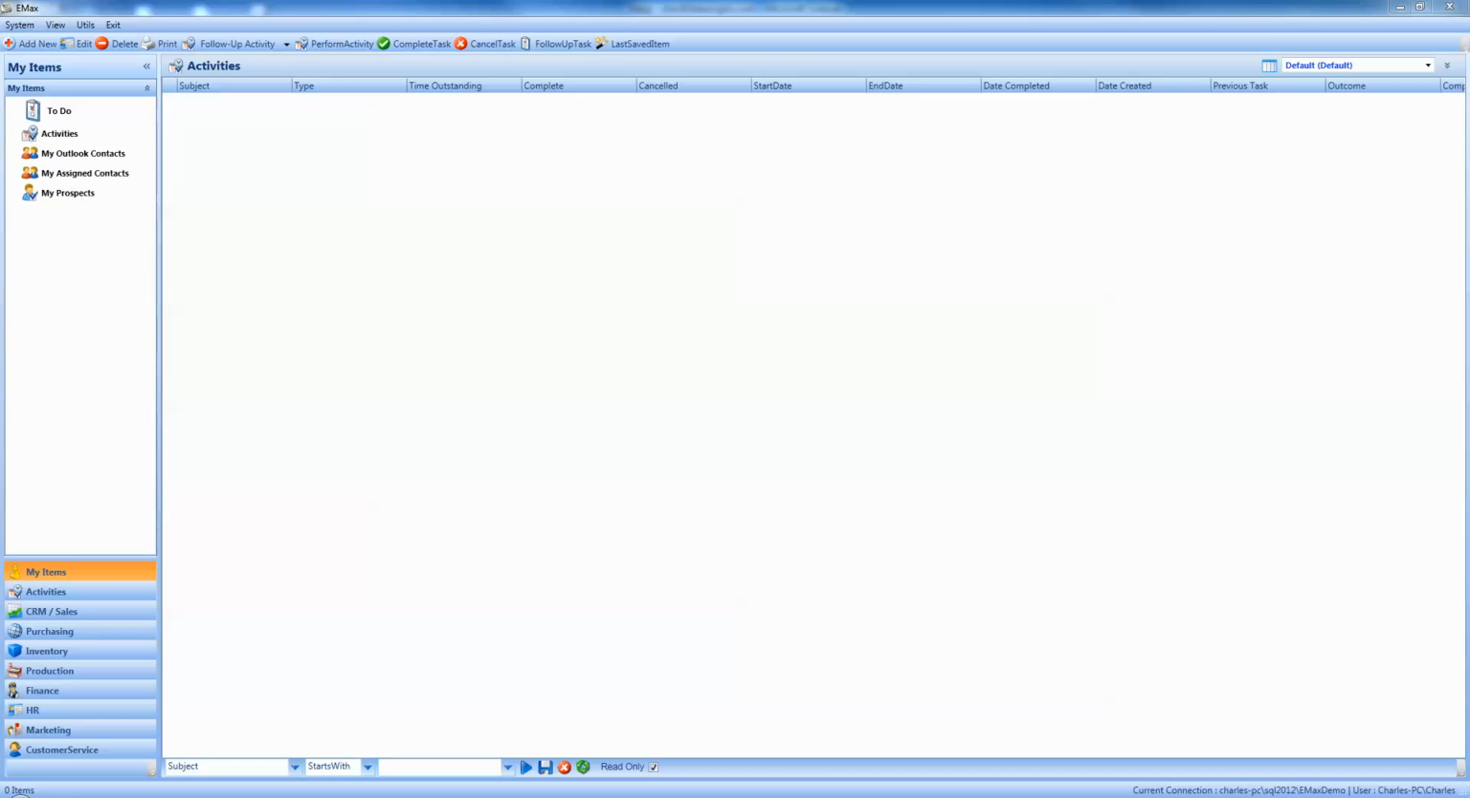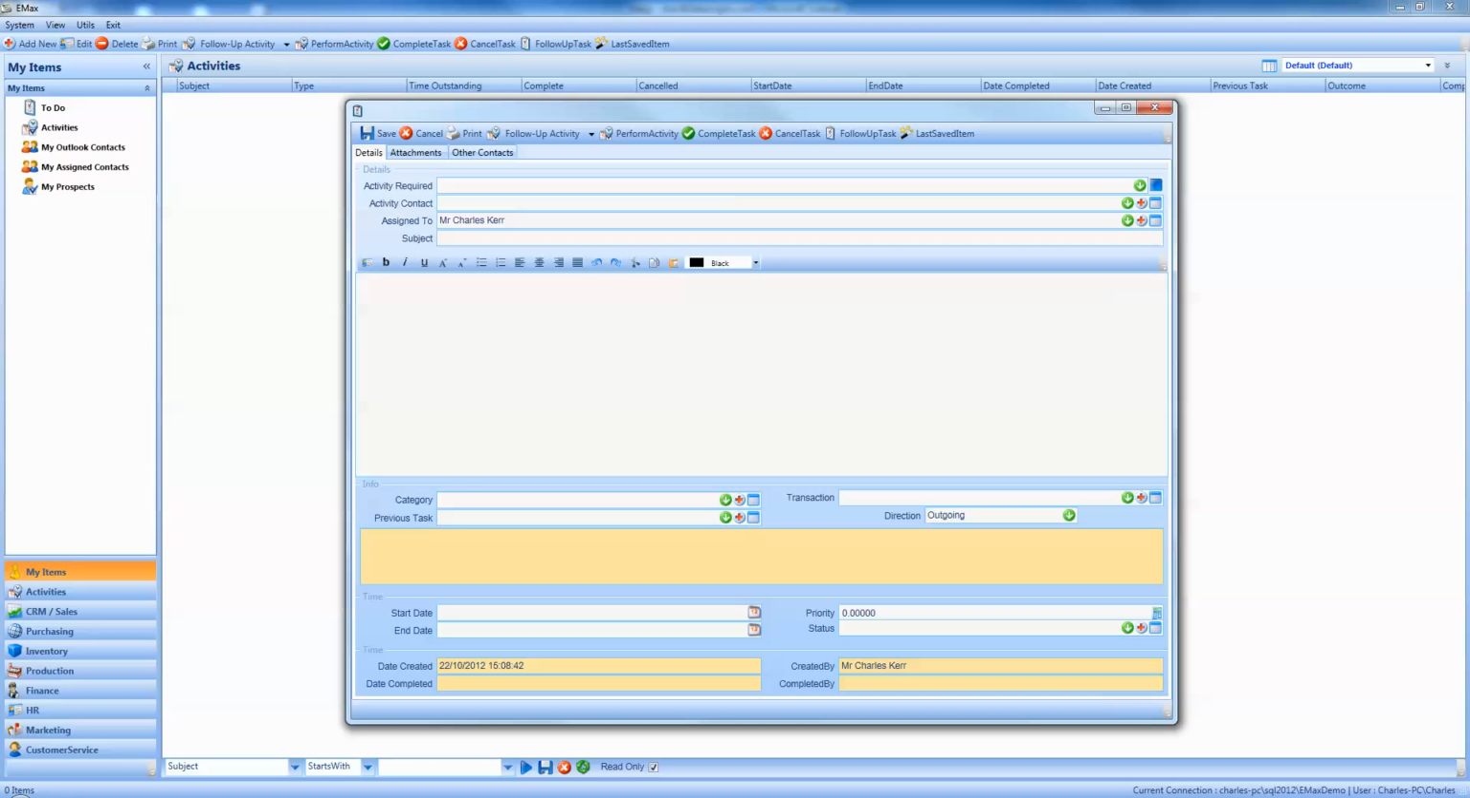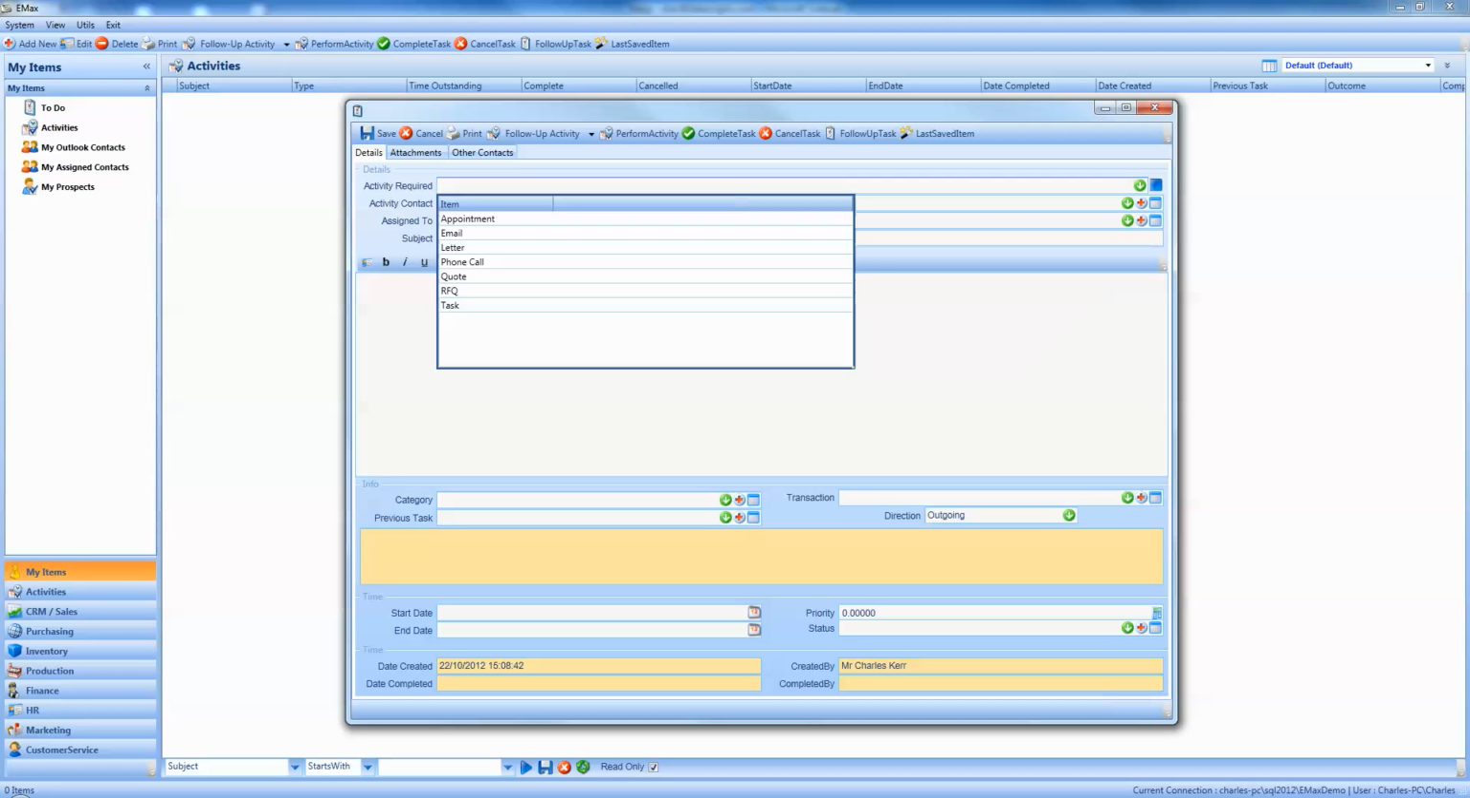Okay, so if I go ahead and add a new To Do, this effectively is a task screen. Now what we have here is the activity required. These are the common pieces of functionality that are currently programmed in. We can add more of these in the future, but these are basically saying that I have a task where